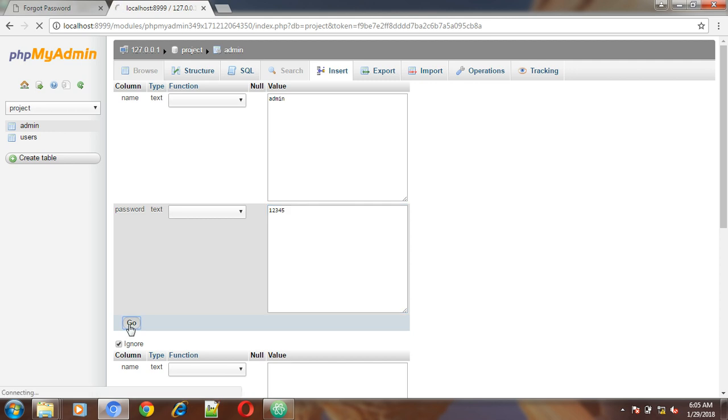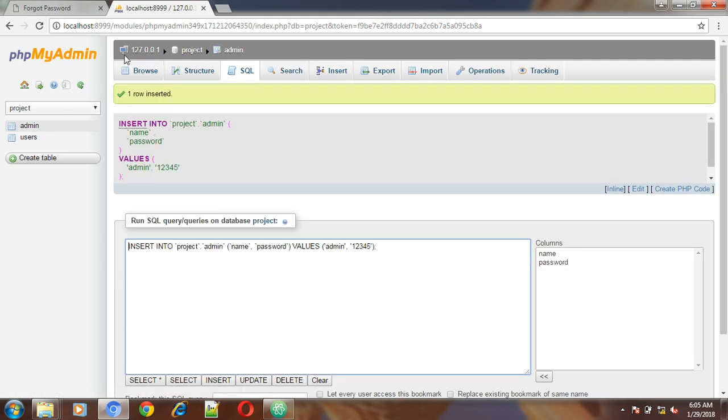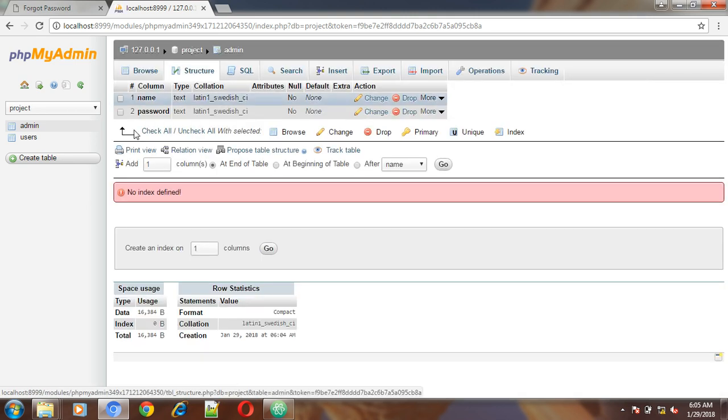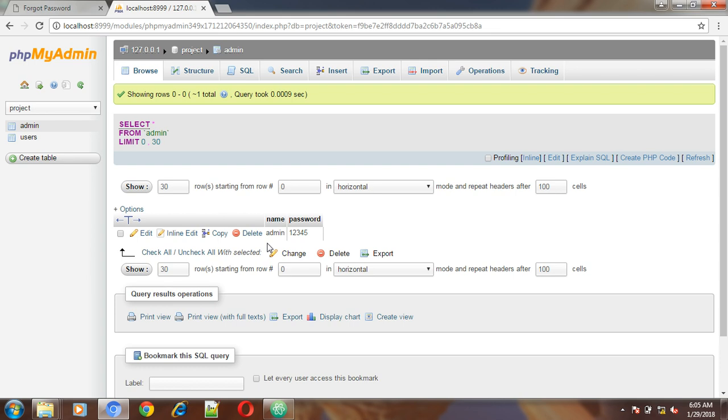Now just click on go. Now over here you can see in our admin table there are two fields, name and password, and in there we have inserted two values, admin and the password. Okay,